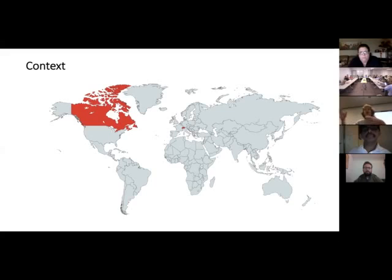Some were more resistant, some had two phases. Like British Columbia had a very enthusiastic phase, and they started to redo their curriculum. Then the government changed, and the other government said, oh no, we don't want that. So all the work was lost, and now they are getting back to having interest again, but they have to